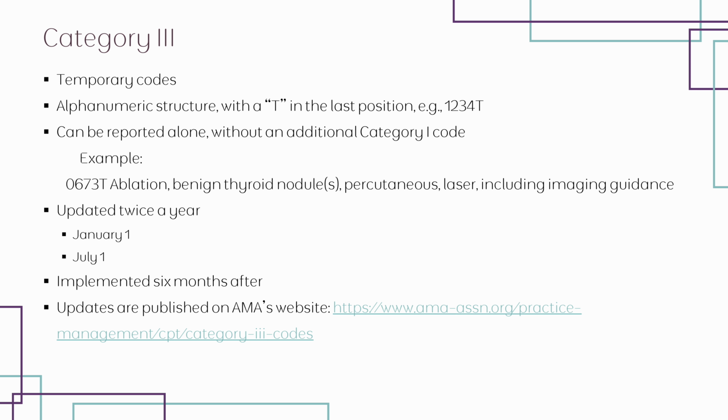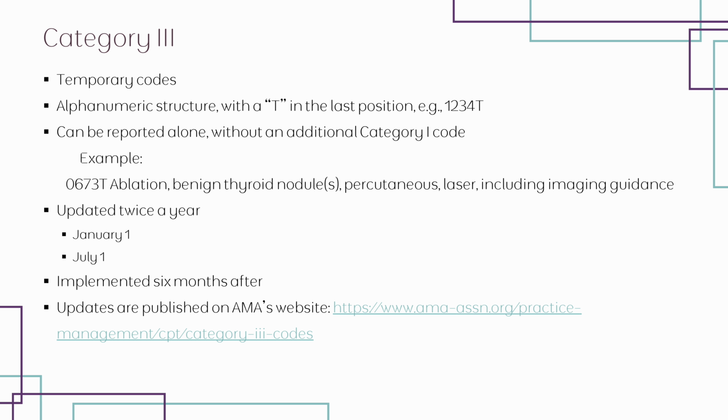These codes allow the tracking of new and emerging technology, services, and procedures that are not widely used or fully approved for general practice. In many cases, Category 3 codes are assigned to procedures that are still under clinical study, evaluation, or awaiting broader acceptance within the medical community. Category 3 CPT codes will follow an alphanumeric structure, with the letter T appearing in the final position. For example, a Category 3 code might look like